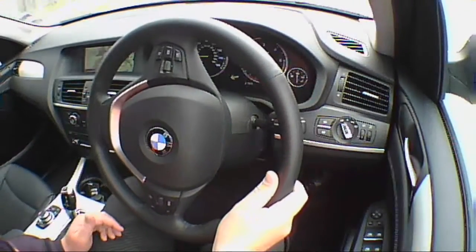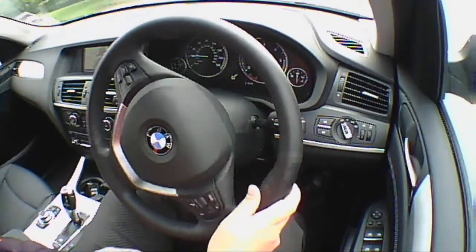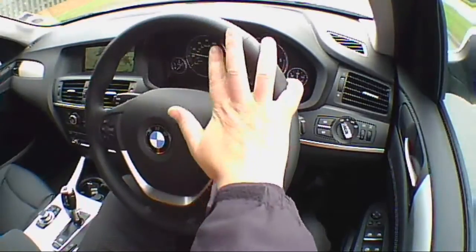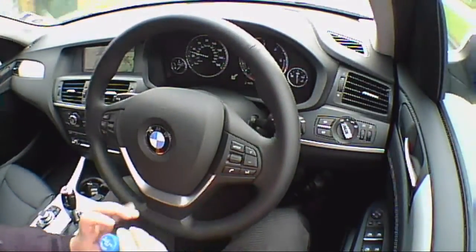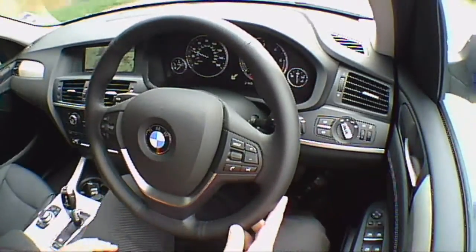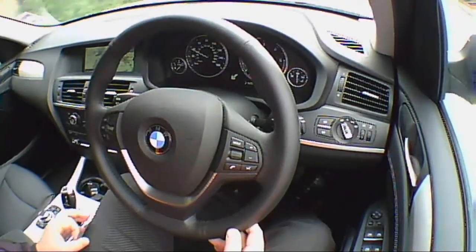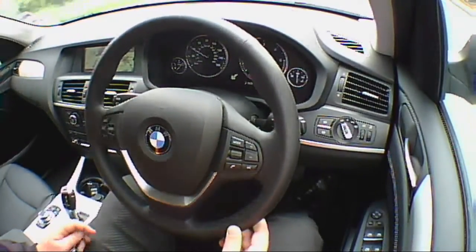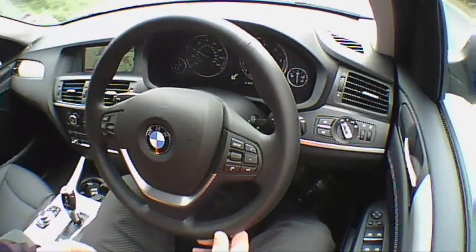First thing I'd like to pick up on is the side mirrors of this vehicle. They are very large, very wide, and do a damn good job. A lot of cars don't have adequate wing mirrors. These are great. The rear view vision is a very narrow window, and I personally think that if you had some very tall people in the back of the car, you wouldn't be able to see out of the back